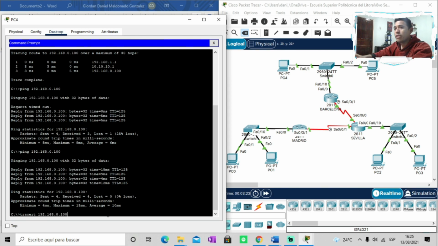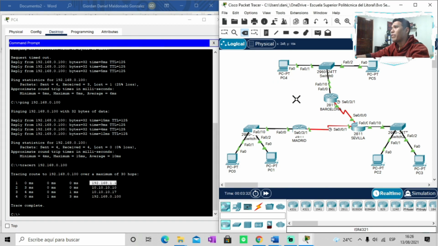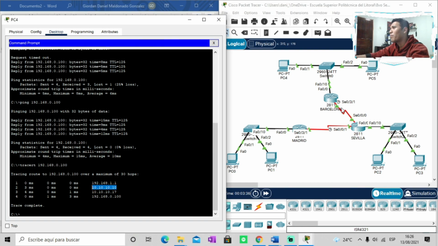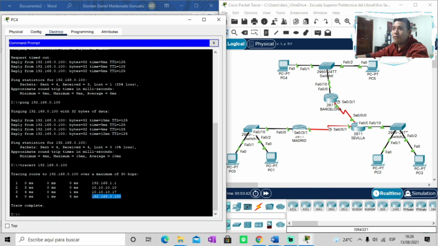So let me try now the tracert. As you can see, we have one more trace. In this case, the first trace is from PC4 to Barcelona. The second trace is from Barcelona to Sevilla. The third trace is from Sevilla to Madrid. And finally,